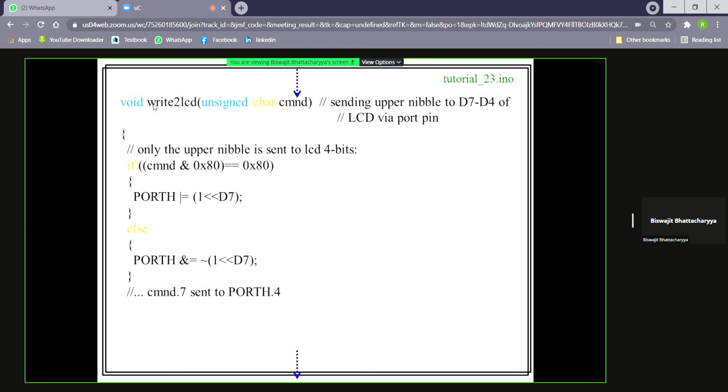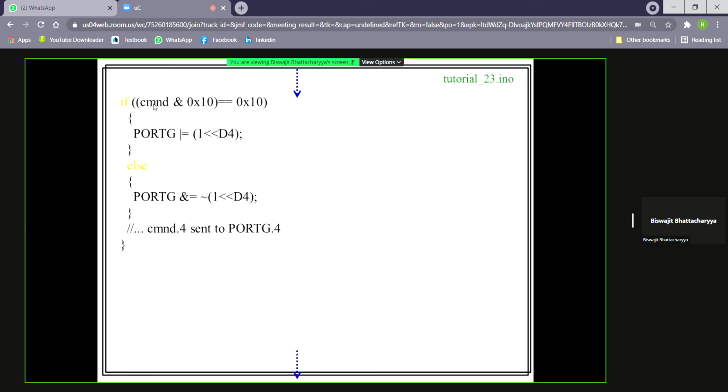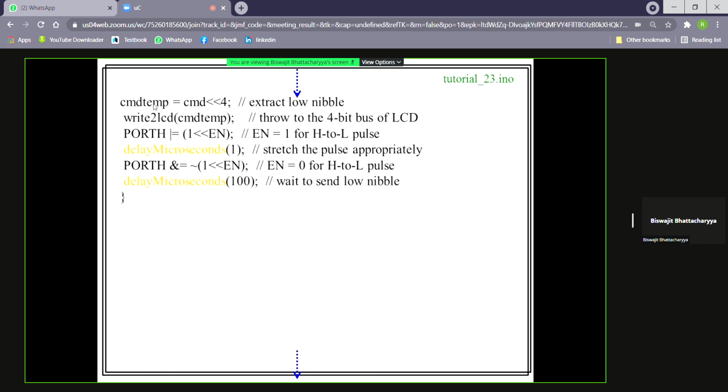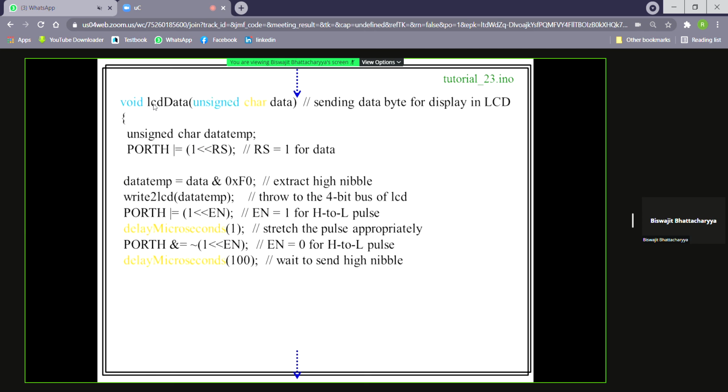And write to LCD, that is known. Write to LCD is used in LCD command, where RS equal to 0 for command. Upper 4 bits, then lower 4 bits. Then LCD data is the same as LCD command. The difference is RS equal to 1 here, not 0. Other things are exactly the same.